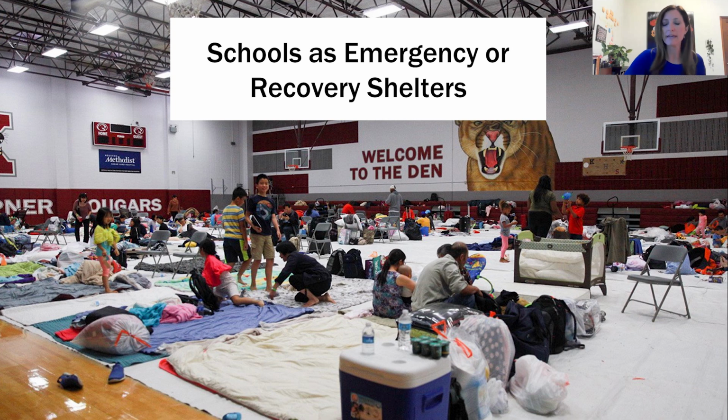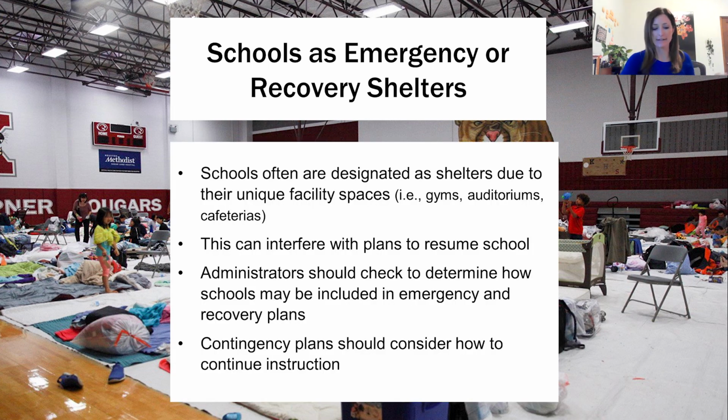Another key point that we really draw out in the guide is that schools are often used as emergency as well as longer-term recovery shelters. And schools are often designated as shelters due to their unique facility spaces. So as shown in this image on the slide, sometimes schools may be one of the only structures within a community that have large open air spaces like gyms, auditoriums, or cafeterias where people could seek temporary shelter. This is an incredible aspect of schools, but it can also interfere with schools and their plans to resume school. It's really important in this case to ensure that administrators check to determine how and if schools are included in